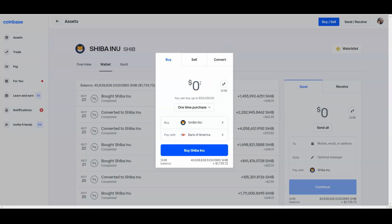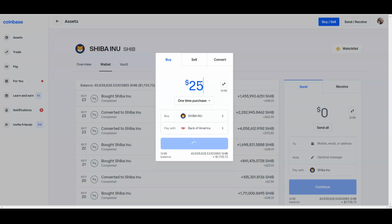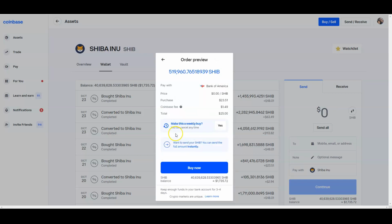We're gonna buy the Shiba. How much should we buy? You know, today we're gonna be a little conservative. We're gonna buy $25 worth today. And we're not really buying a lot, to be honest with you guys. $25, and this is what we have right here,